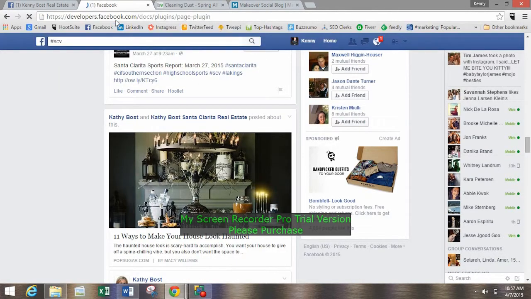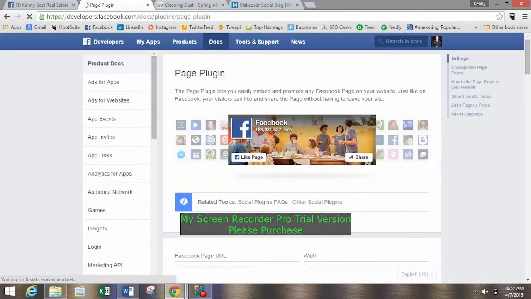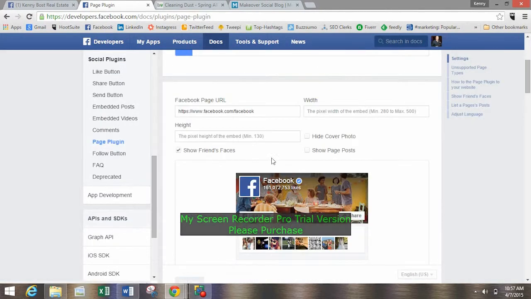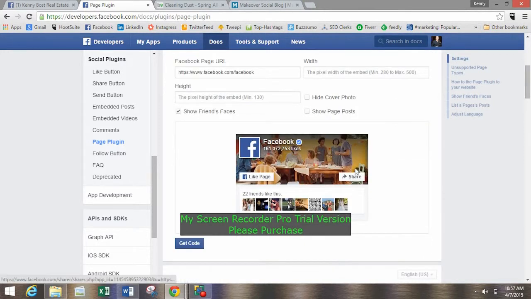So this is a plugin for your Facebook page. It'll show up like this on your website. It'll have a little background image from your Facebook page. It'll tell how many likes there are. It'll have a like page button, which is fantastic, and share if they want to share your page on their timeline. It would be basically a post about your page.